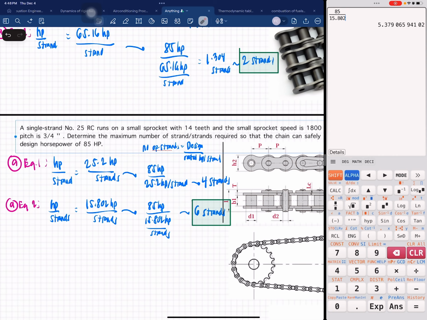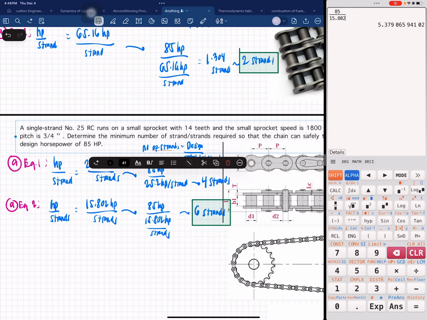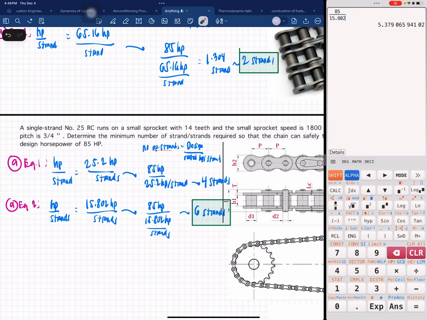But if the problem states that you want to determine the minimum number of strands, then we go by the higher rated HP, so that we could get the minimum number of strands. Okay,